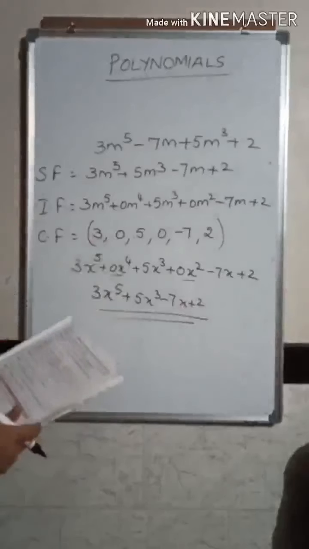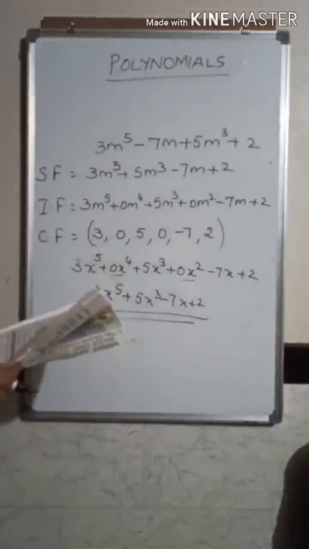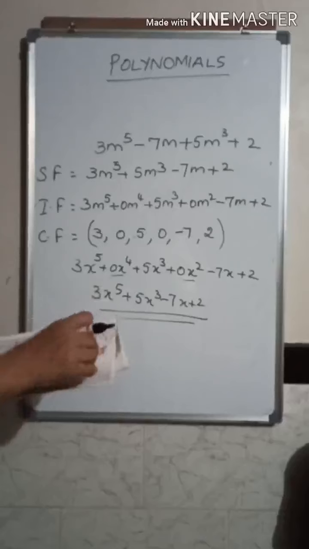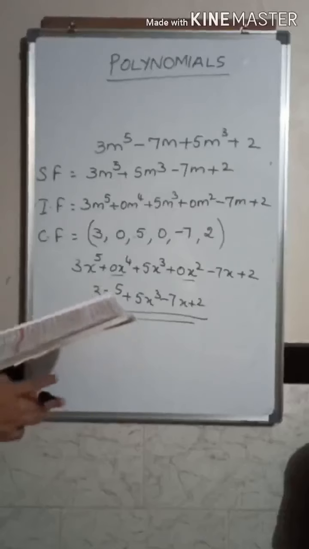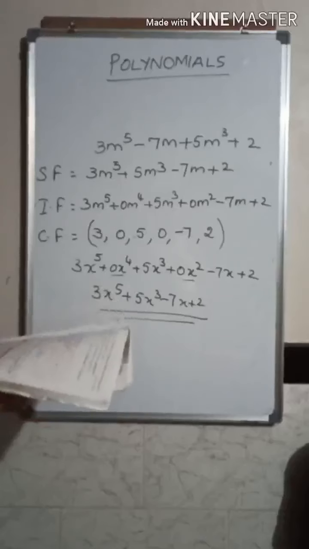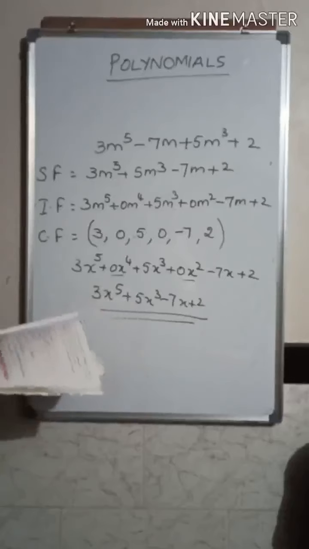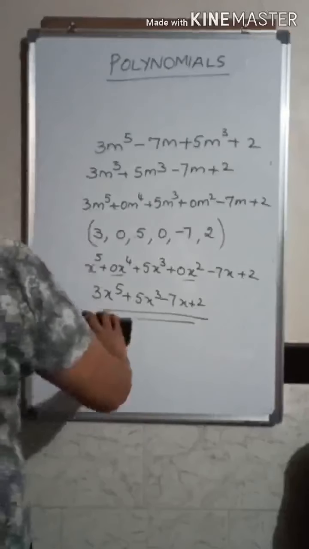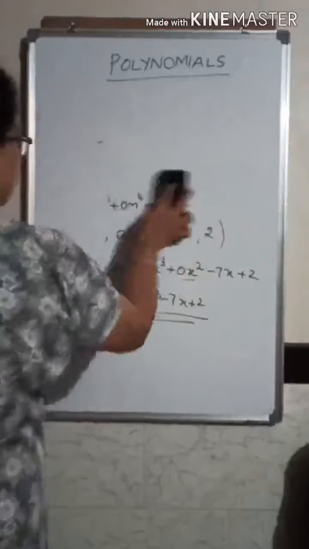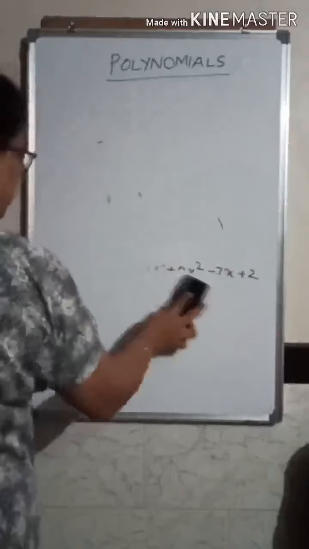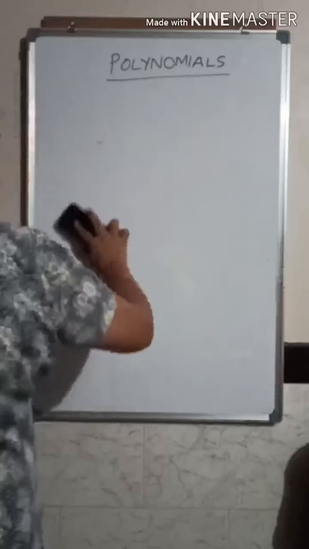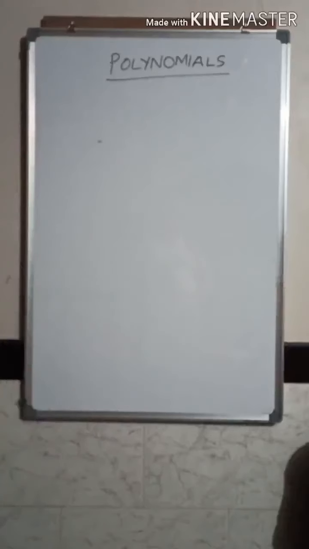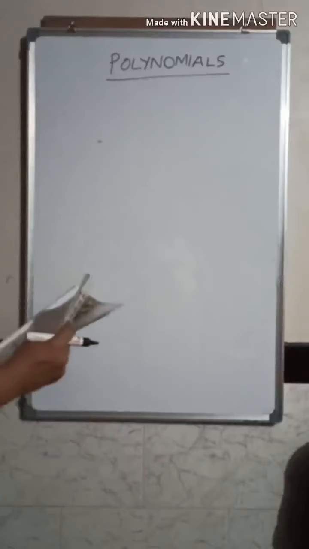Now we'll go to practice set 3.1 and see what problems are given there. The first one says: state whether the given algebraic expressions are polynomials. You have to state whether they are polynomials or not. I told you, if the given term is a polynomial, the only condition is that the degree of the polynomial, the index, should be a positive real number.